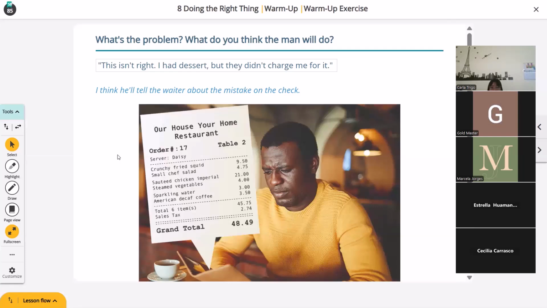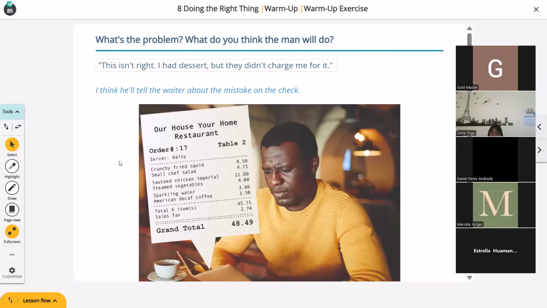Maybe doing the right thing: he knows that someone who is making the dessert, maybe the chef or someone at the bakery, it costs them time and material, but it is in order to value other people's work. So that's doing the right thing. The other thing can be that maybe he can see the advantage of that. There are some people, believe it or not, who do not look at the check. They don't see, all right, I ate this. They only see the total and want to pay the total, so they don't know about this mistake. So there can be many options, right?